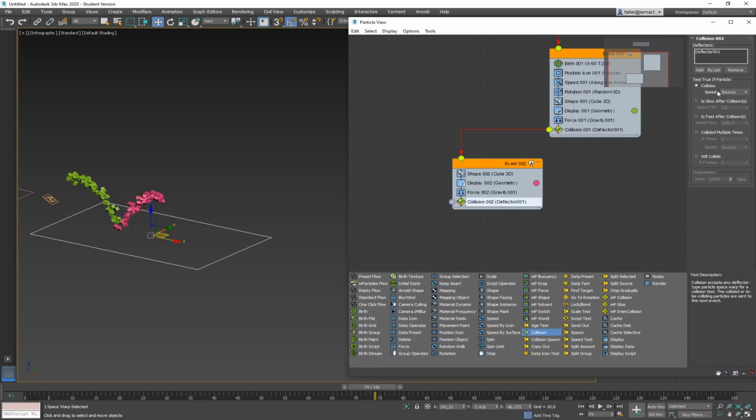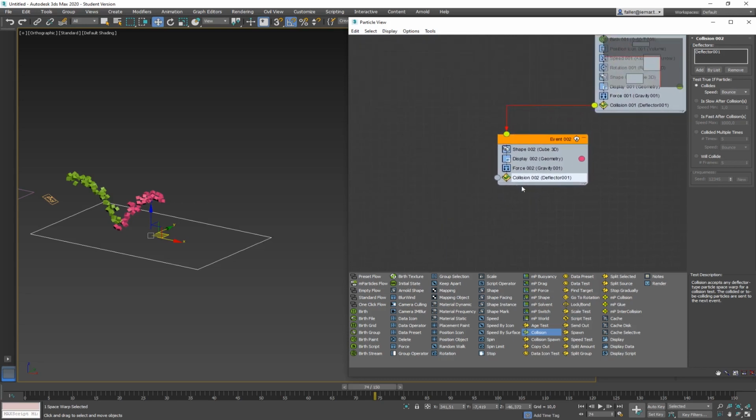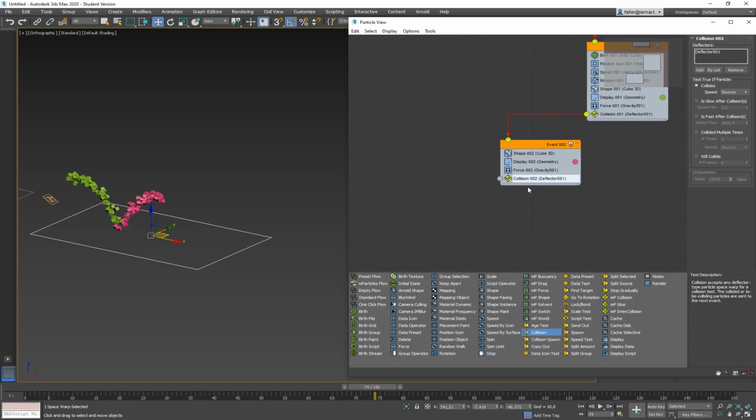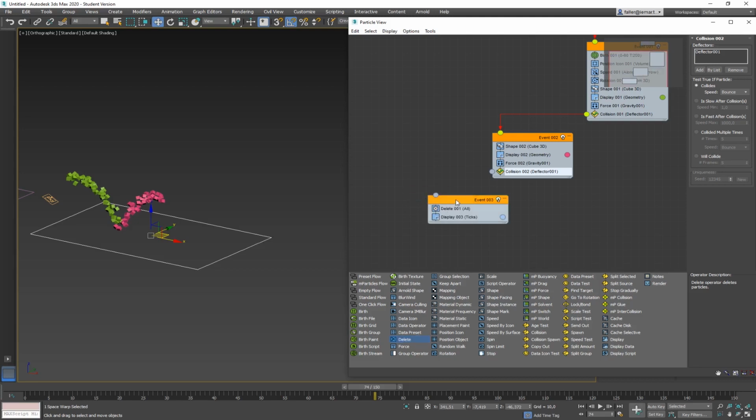And again, they will bounce, but I'm going to move them into a new event, and this event will be a really short one because I am just killing them. So instead of making a copy of the whole event, here's an event that's called delete. Meaning, if I take the delete event and pull it out into the empty, it will automatically create the smallest possible event, and that is a delete